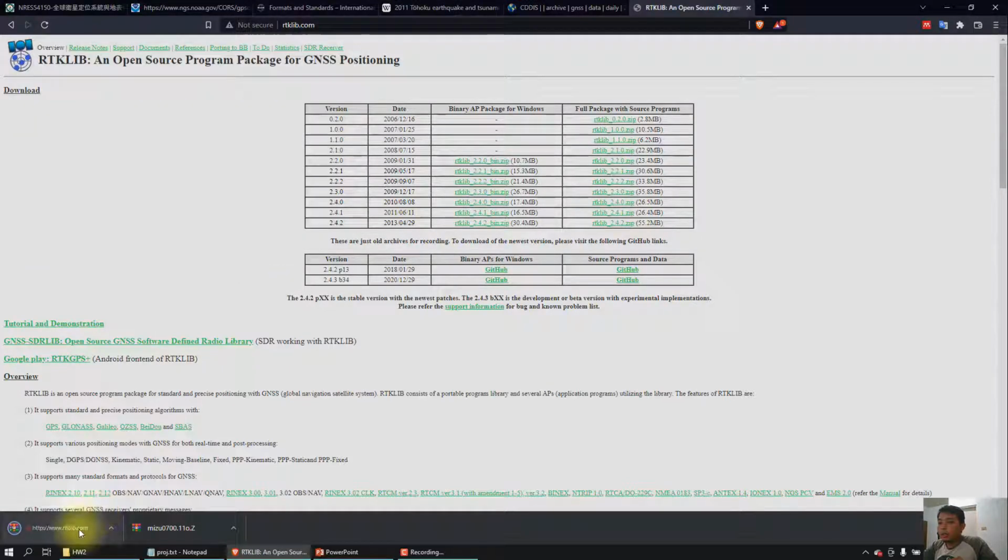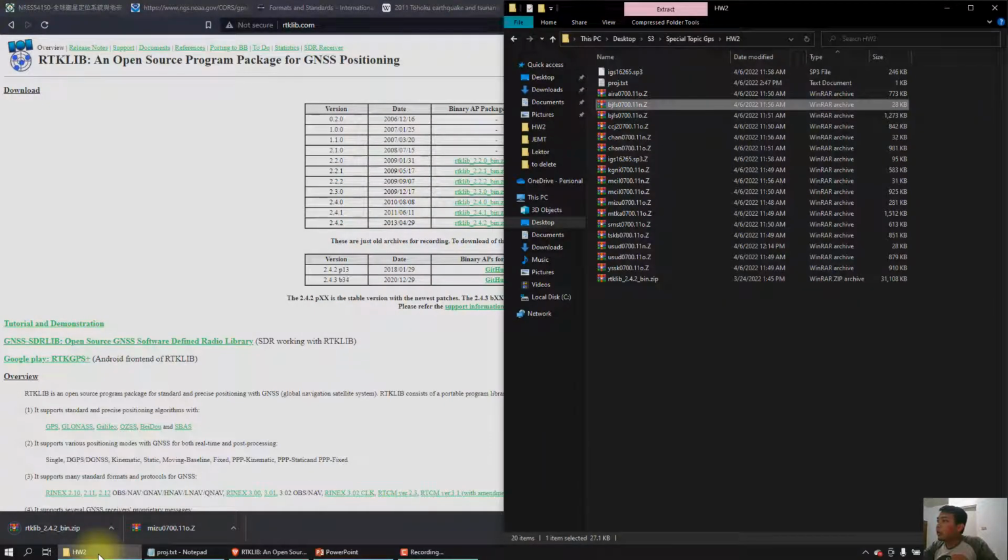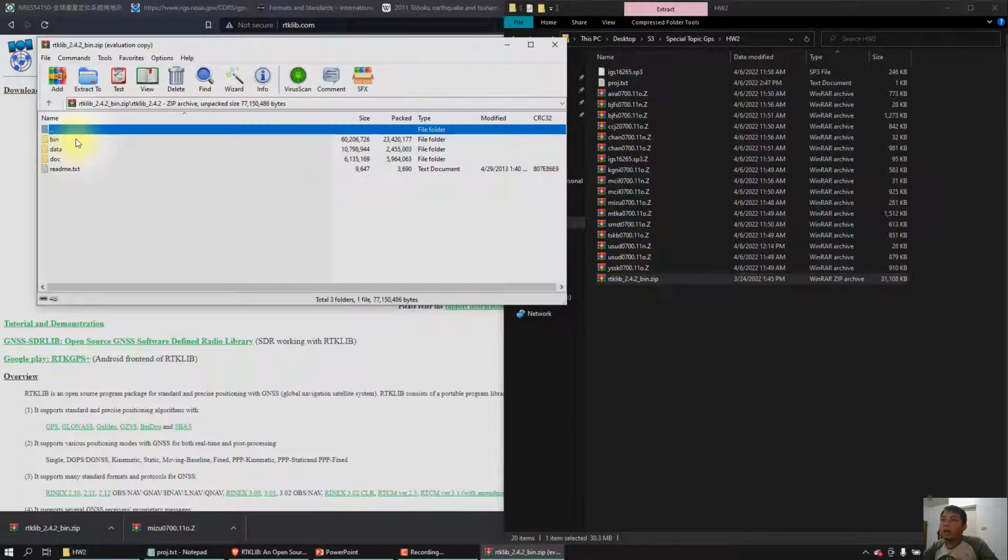After you finish downloading the RTKLIB application, you can see the zip file. I prefer to use RTKLIB in the default mode, so I will keep it in the zip file.